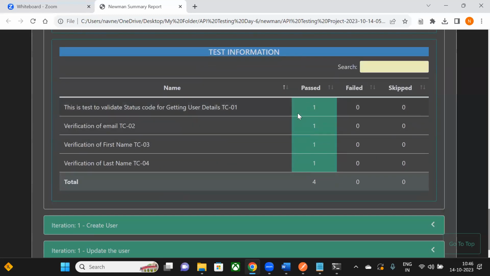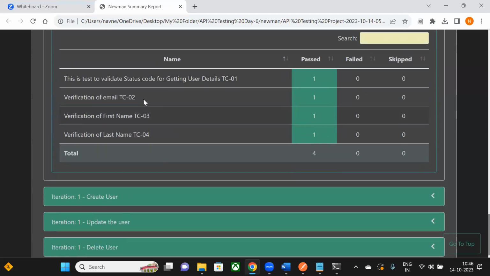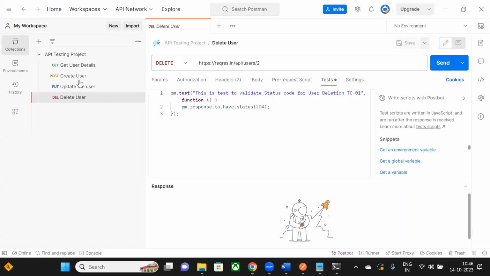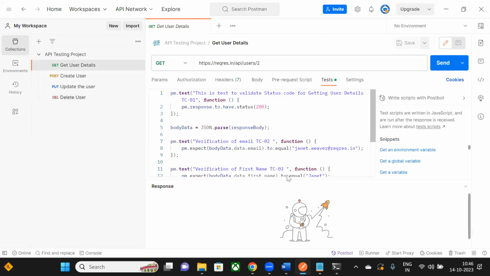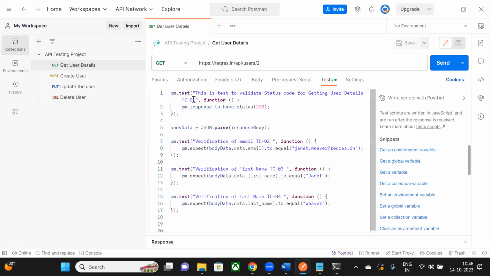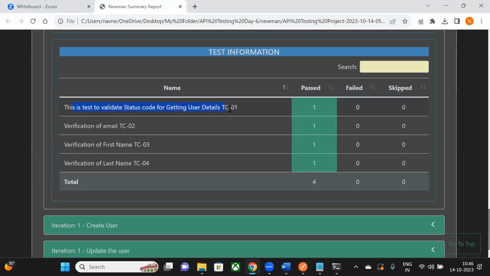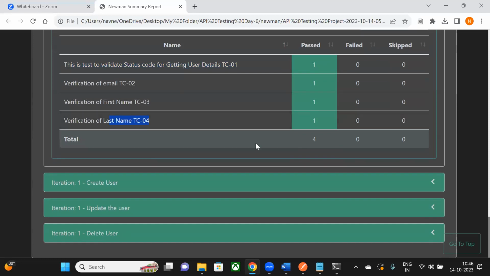So we had 4 test scripts written for the get, right? If I go to get and go to tests, basically we had 4 test cases: test case 1, 2, 3, and 4. So exactly the same thing is over here. So this was test case 1, and whether it was a pass or a fail, these values were there, right? And the same thing, like